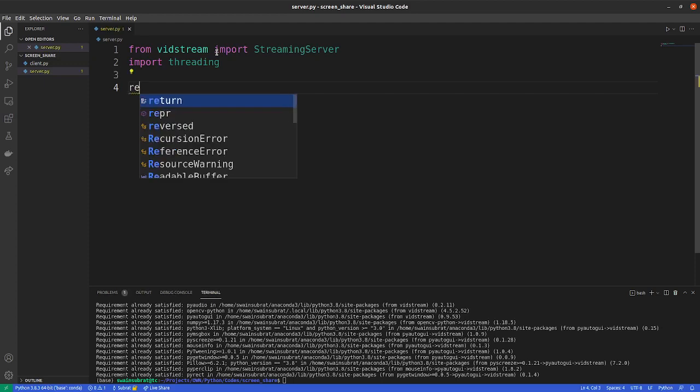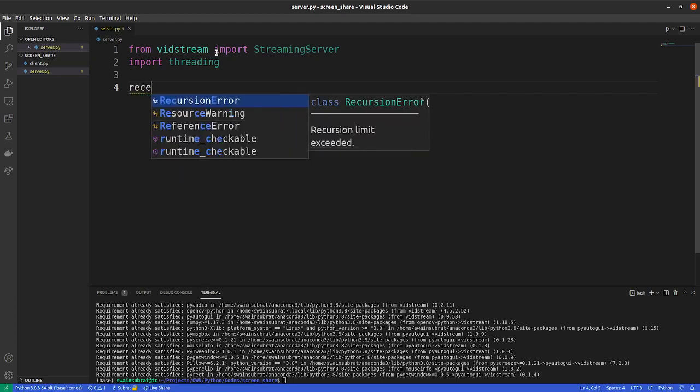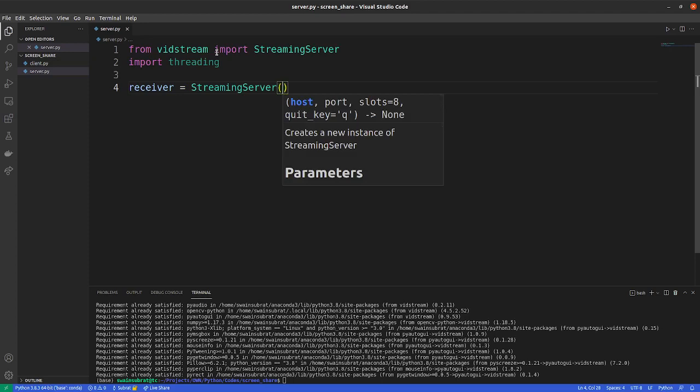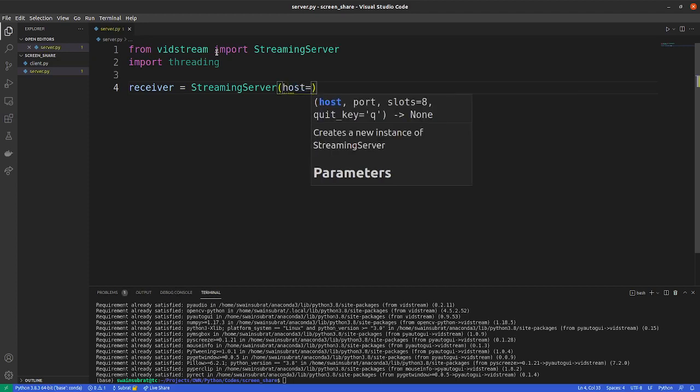So we'll define a receiver object, which will be an object of StreamingServer. Here we will give the parameters, host. The host will be this computer's private IP address.